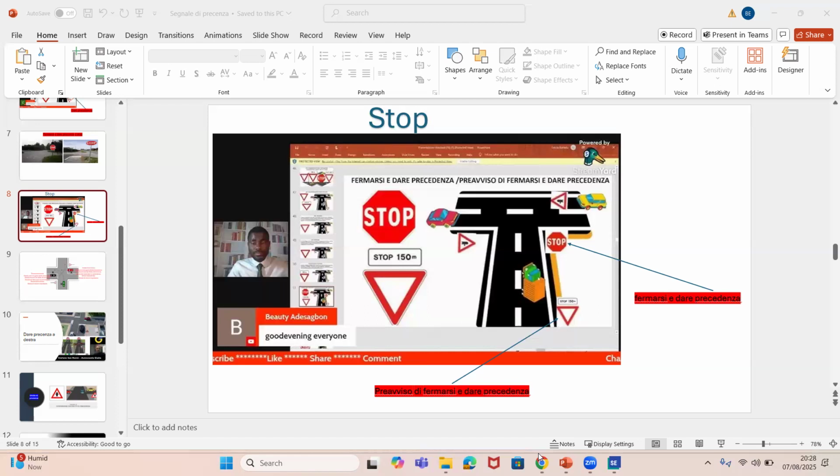All right, guys, I have a question. Can you see this particular situation in autostrada? No, sir, we cannot. You can never, ever see this thing in autostrada. The same thing, you can never, ever see it in strada extraurbana principale because there are no junctions there. Even if they tell you outside city, it means strada secondaria. Outside city means you don't enter autostrada. Are you guys following me now? Because we have different names of road.